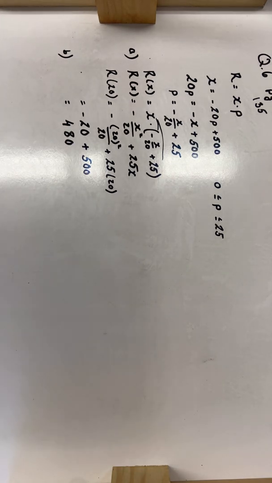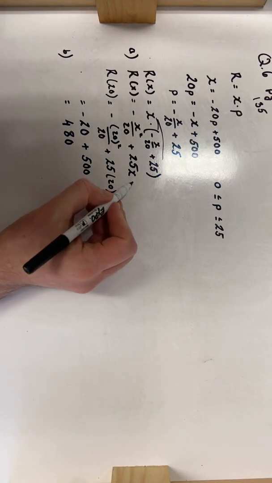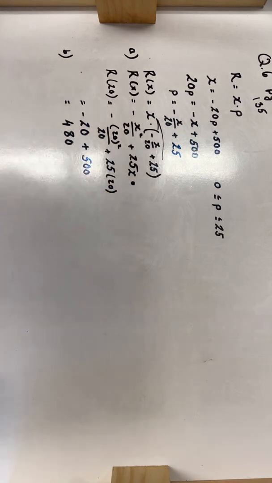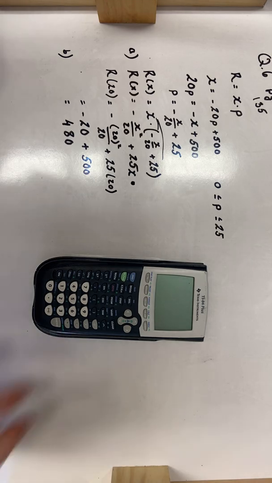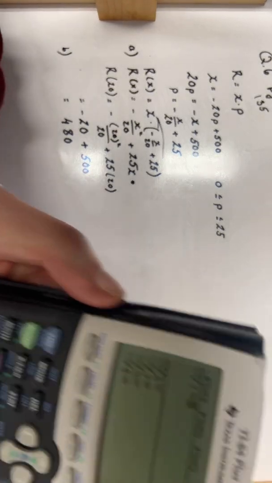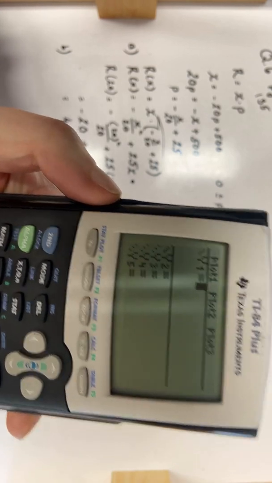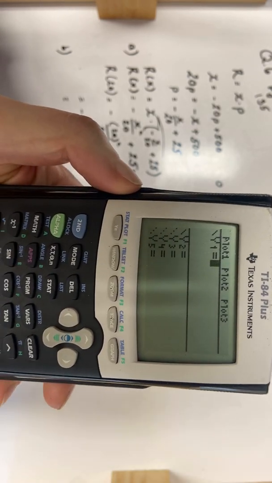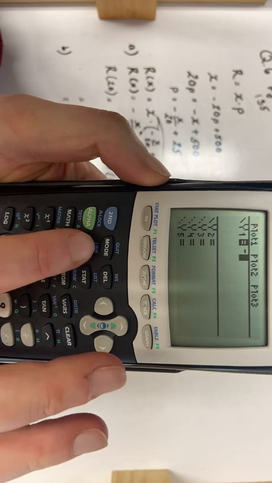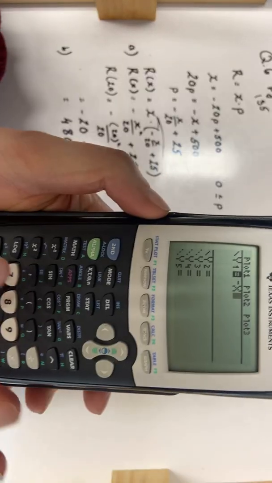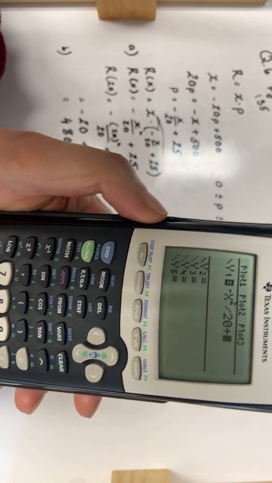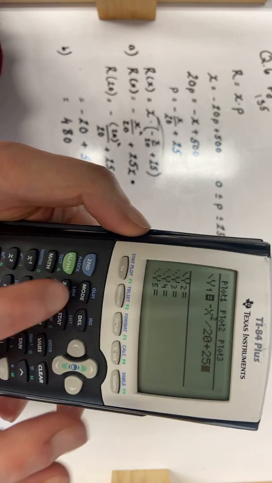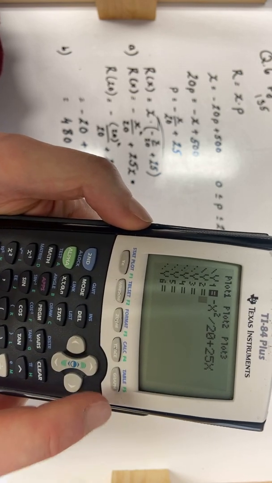asked me to graph my revenue function on our graphing utility. So that means I'm going to graph this function right here on my graphing utility. Take out my graphing calculator. And I'm going to go here, Y, that brings up my screen where I can input my functions, and I want negative x squared divided by 20 plus 25x. That's it. And if I graph that,